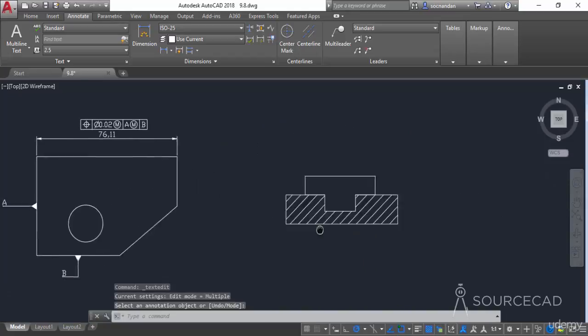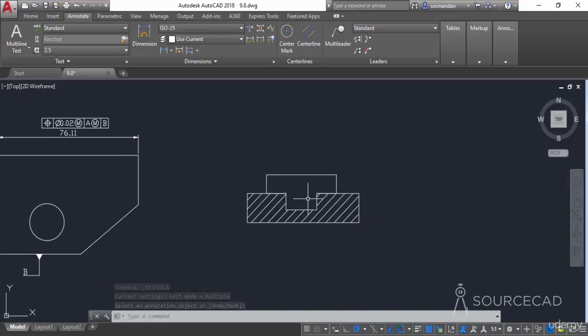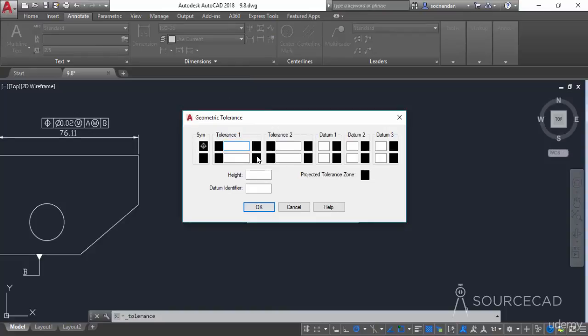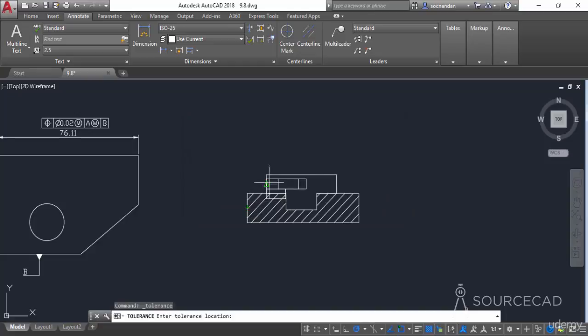Now let's have a look at this drawing. So in this case also, if you want to add the feature control frame, you need to again go to this tolerance option and once again repeat the process. So I'll once again select the position tolerance. Obviously you can select any other value, and the tolerance zone, the value of tolerance, the datum, which is A. And now here we have this projected tolerance zone. So if you have any projected tolerance zone, you can click on this. So that will indicate the projected tolerance zone, and you can specify the height of that projected tolerance zone. Let's say that its height is 10 units. So type 10 here. Now click on OK and add it